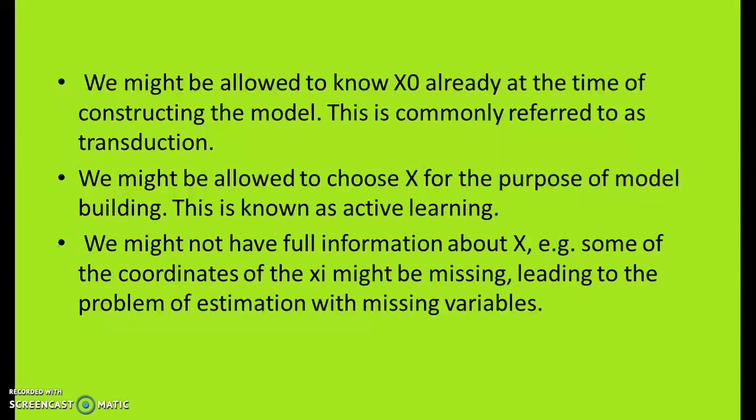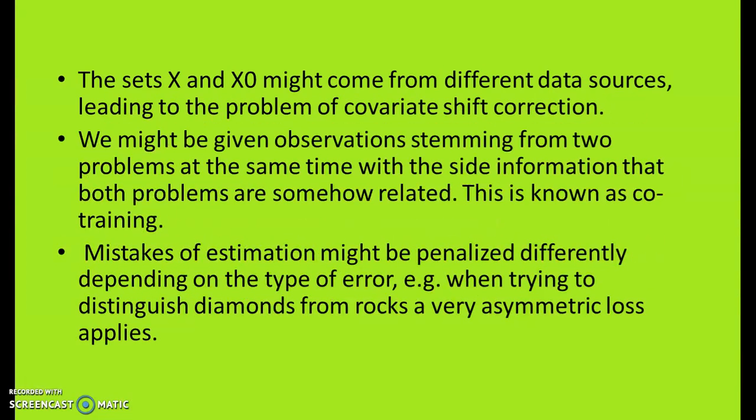For example, some of the coordinates of the x_i might be missing, leading to the problem of estimation with missing variables. The sets X and X' might come from different data sources, leading to the problem of covariate shift correction. We might be given observations stemming from two problems at the